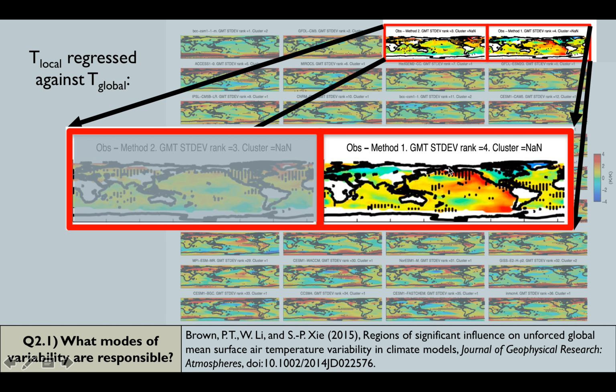So I would say that the balance of evidence points towards the Pacific as being the primary driver of unforced global temperature variability,